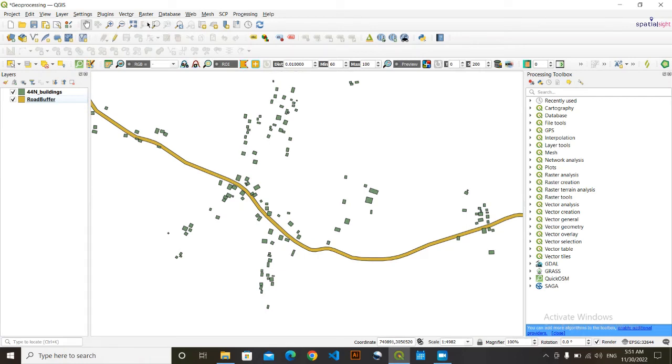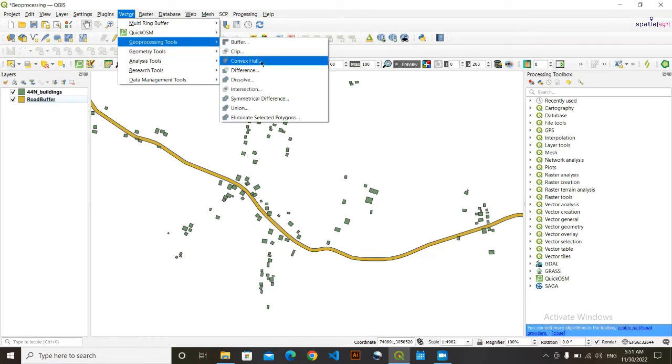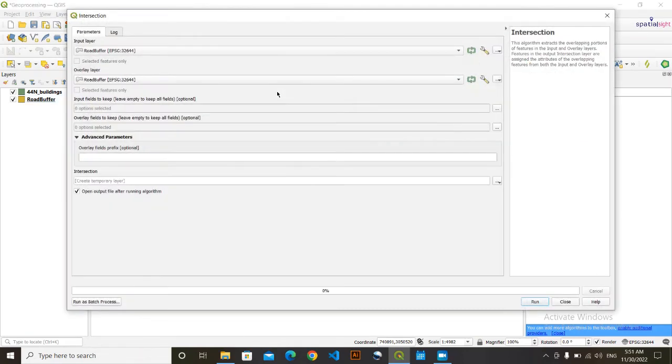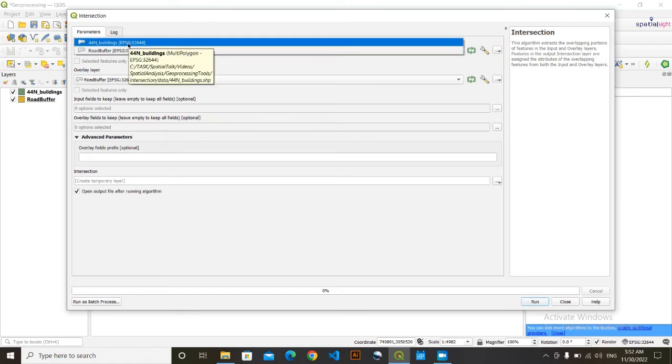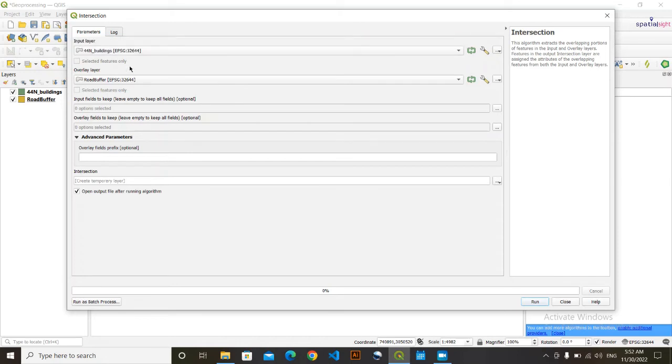So for this, simply go to Vector, Geoprocessing Tools, and click on Intersection. In this input layer, what we need to input is the data that you want to do analysis on. Here my purpose is I want to see those houses that will be affected by this project. So houses is my target. So I'm going to simply click here for this buildings, and the overlay layer I will be keeping here for this road buffer,